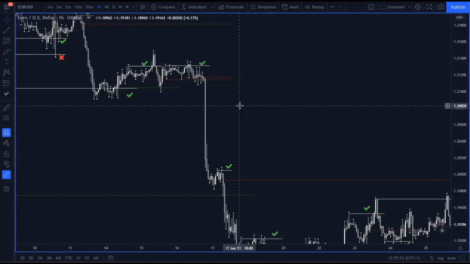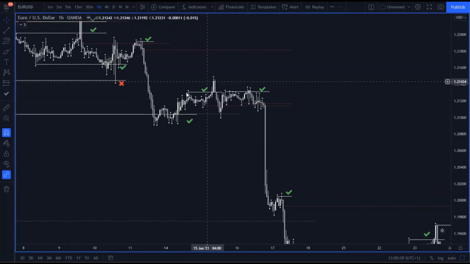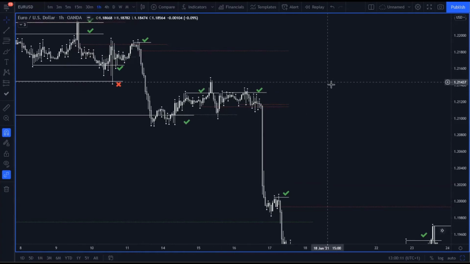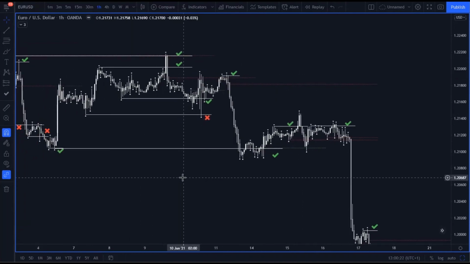Now, if you see their footprint in the market before a news event, you can sort of tend to tell, over time, you can build up experience yourself of seeing which way you think the news is going to go based on the market structure beforehand. But that's the basics of order blocks, and there's not really much to go into in any further detail. Like I say, it's the last move before a market structure break in the opposite direction. But I've given you enough examples that you should be able to